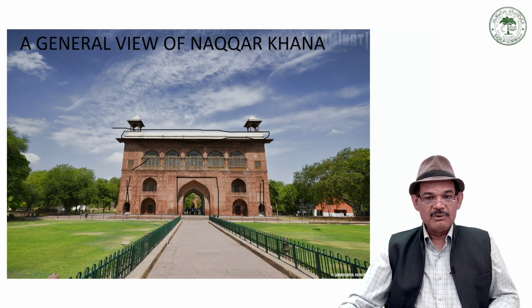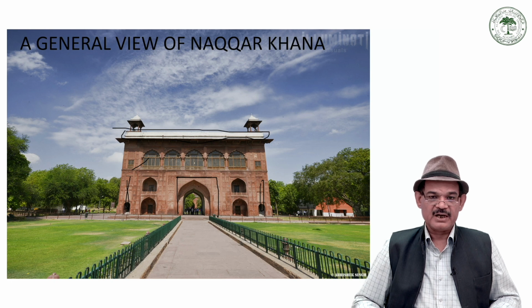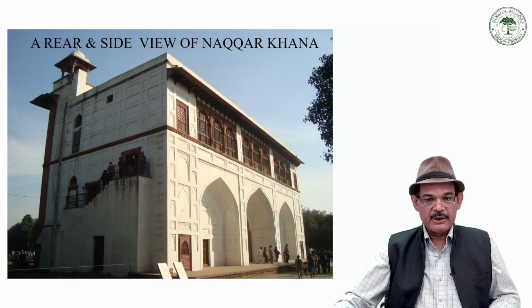And now the western, northern and southern corners of this structure, that is known as the drum house, have been occupied by domed square pillared pavilions. This structure is built of red sandstone, and mostly the panels have been built. These inscribed panels you find on the western facade of this structure. It's a diagonal view. Rather, here we can know about the rear structure at this